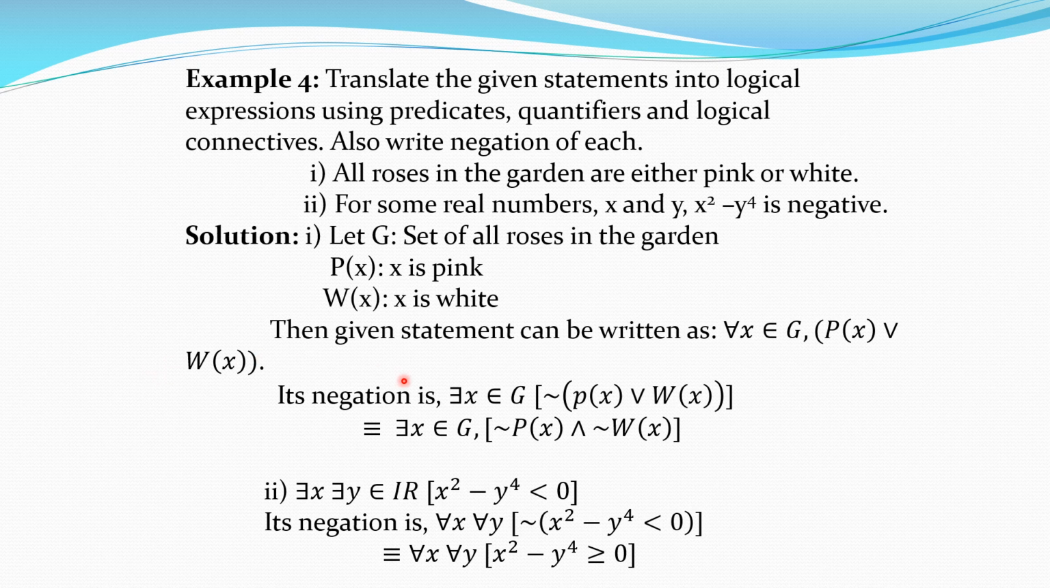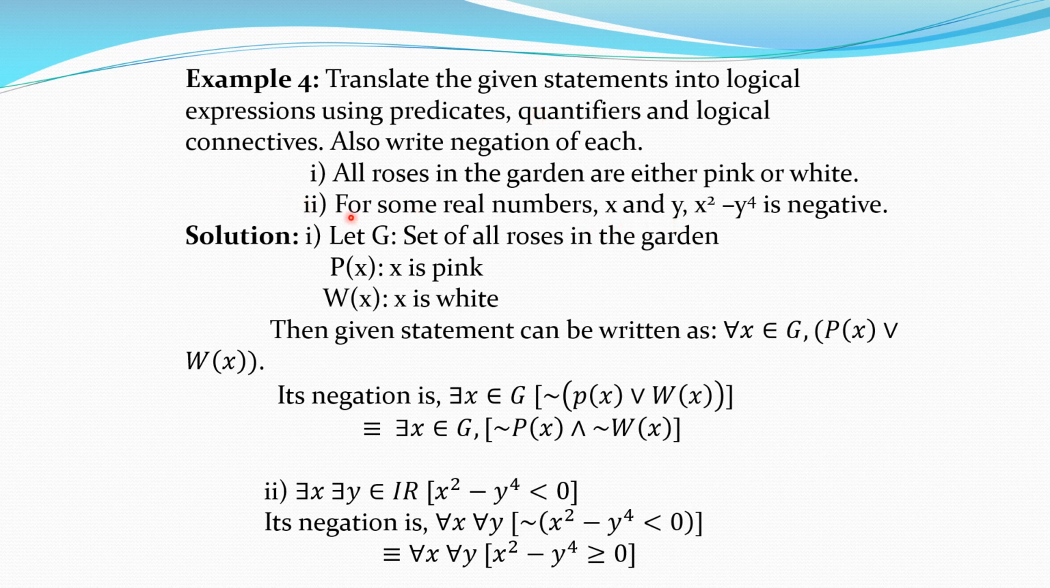And for that we use De Morgan's law. So negation of bracket Px or Wx is equivalent to there exists x in G such that negation of Px, or is replaced by and, negation of Wx. So this is the negation of that symbolic form statement. Now second, for some real numbers x and y, x square minus y raised to 4 is